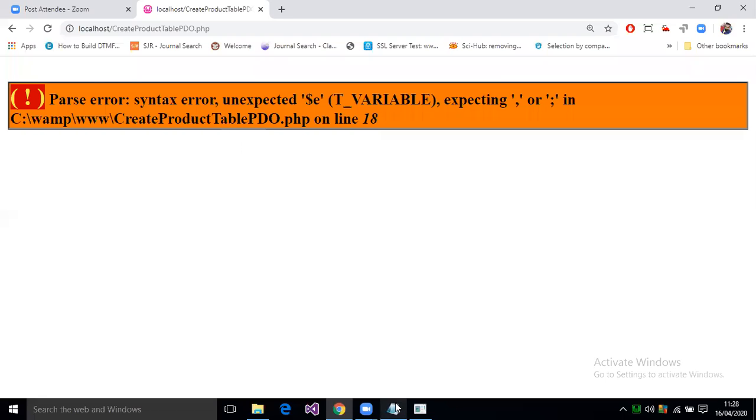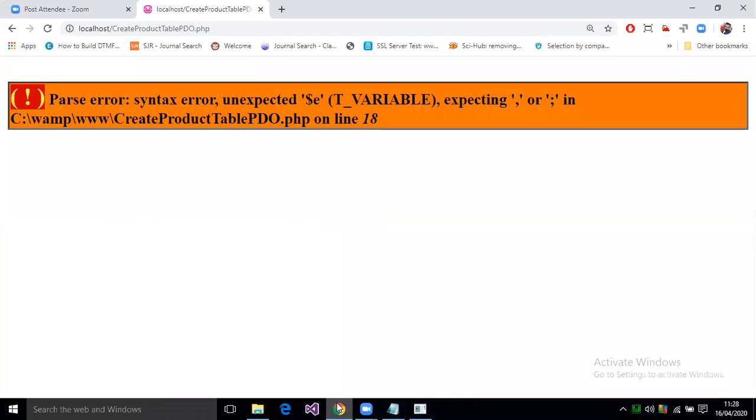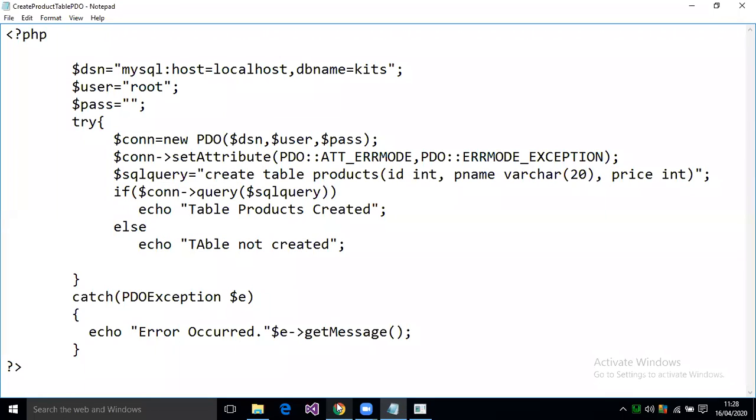Unexpected error at line number 18. We need to go to line number 18. Can anyone tell me what the error is? Close the connection, semicolon after query. Yes.